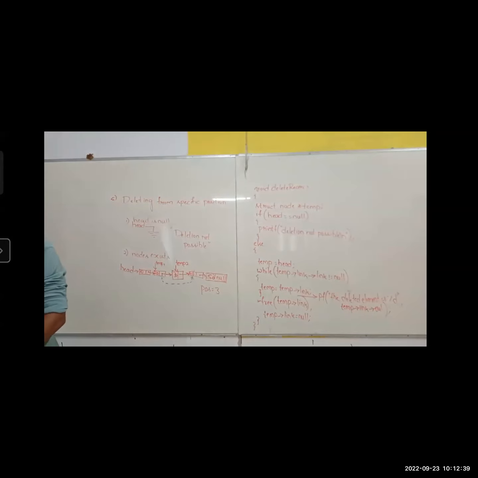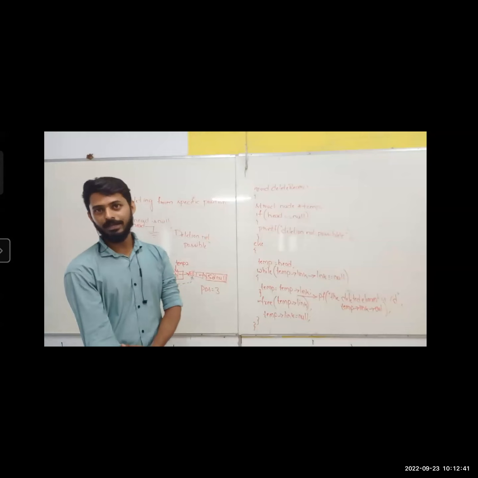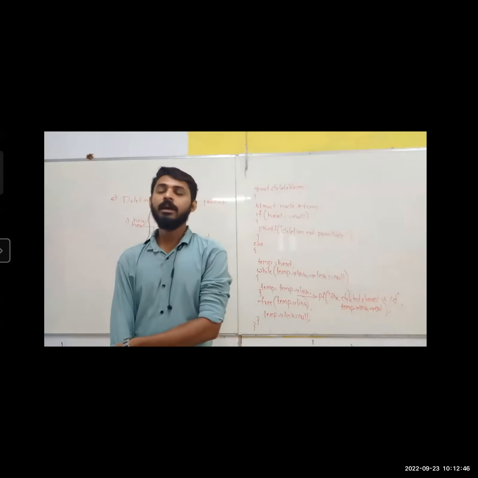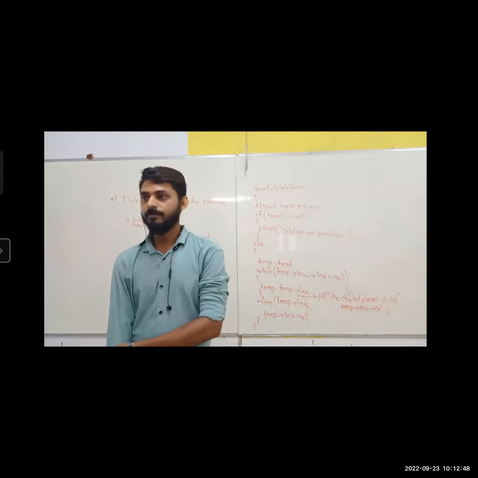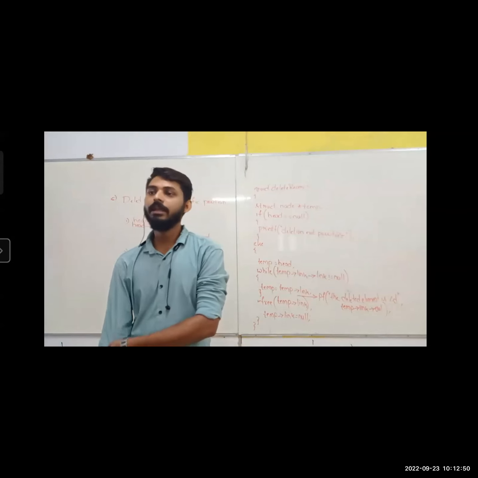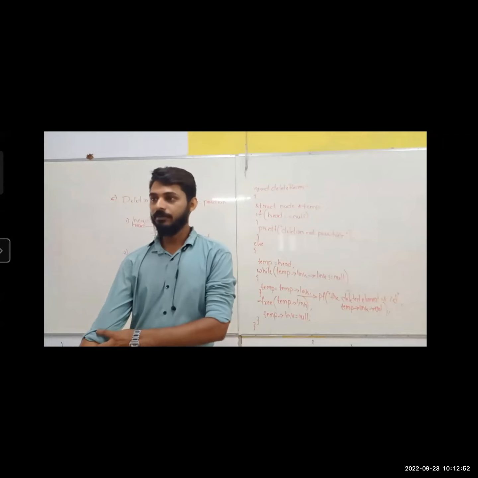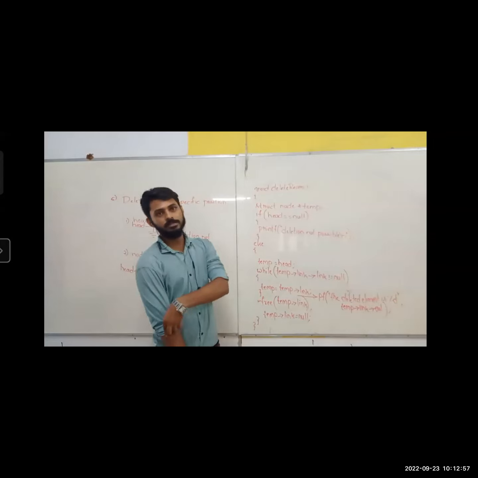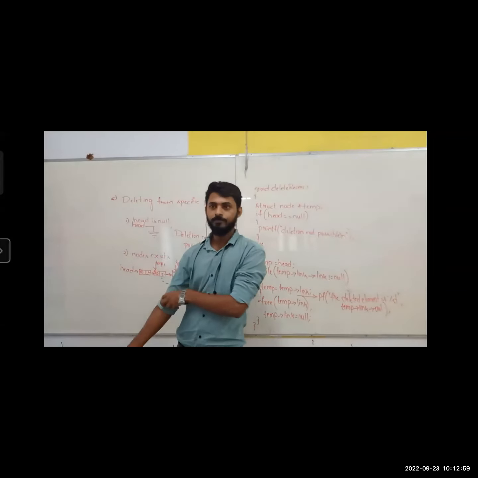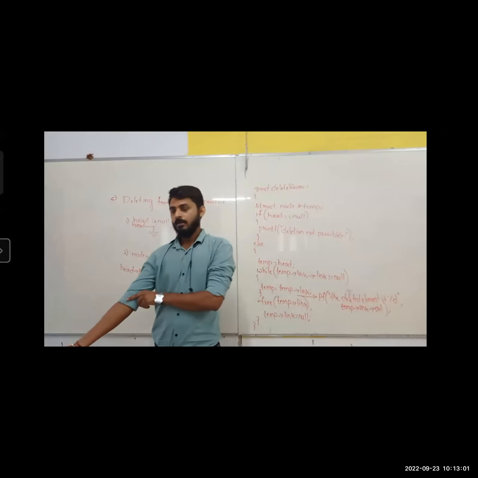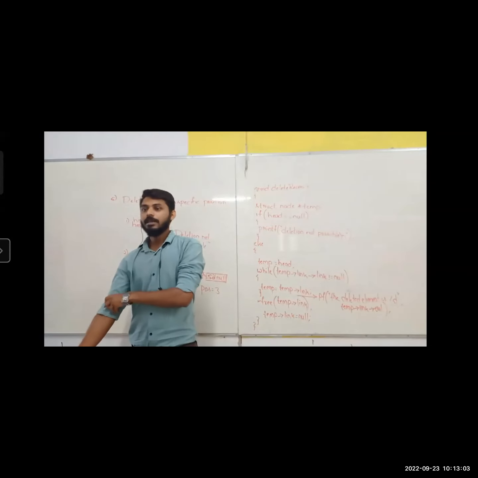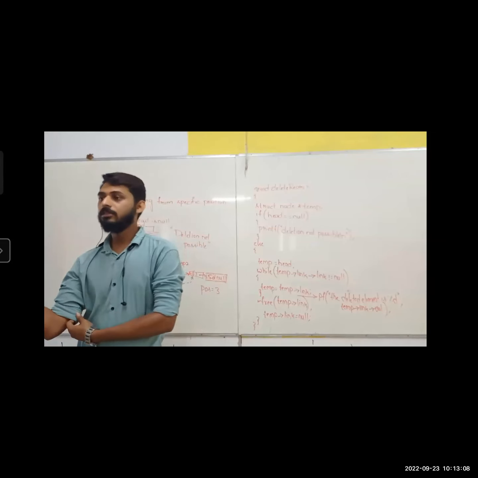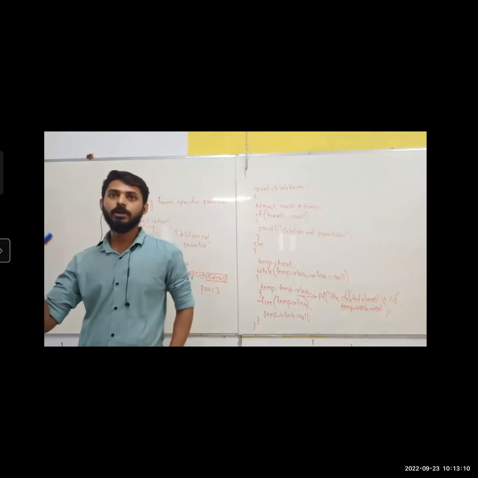See, that was just an example to make it clear. But however, let me take another example here. Assume that there are 20 elements, out of which I want to delete the 15th element, the 15th node. Then what should I do? First thing, I want my temp 1 to stop where? I want to delete the 15th one, which means I want my temp 1 to point at the 14th node. Yes, temp 1 is pointing at the 14th node.